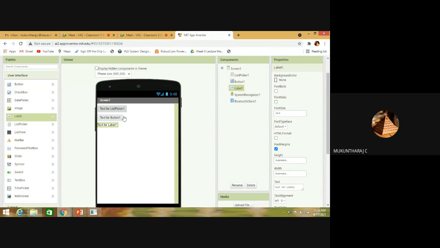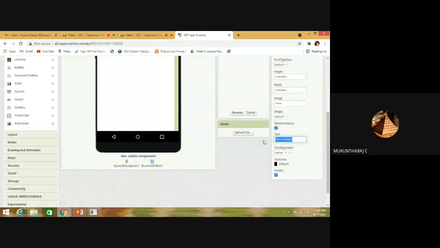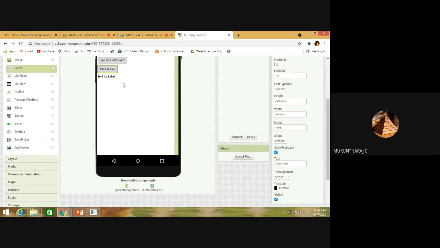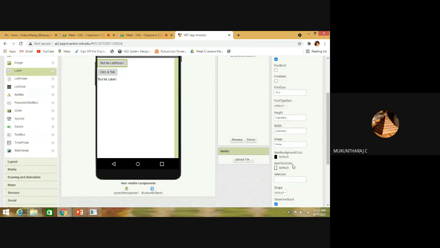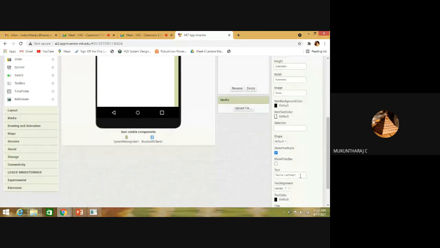So button 1 is going to be useful for click and talk, correct? And then the list picker is going to be Bluetooth devices first.